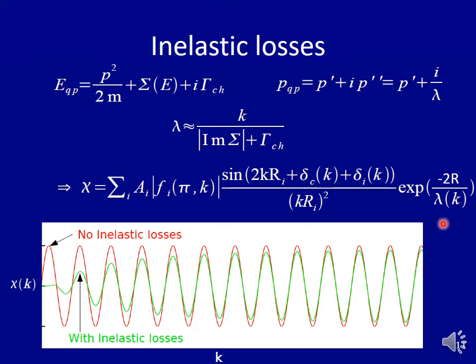And in the end, all of this causes the signal from that particular path to have an extra exponential damping beyond the Debye-Waller factors that is equal to e to the minus 2r over lambda. Now, if you stare at this lambda for a moment, you'll notice that as k grows, or as energy grows away from the edge, this gets larger and larger, and therefore you should have a smaller and smaller effect